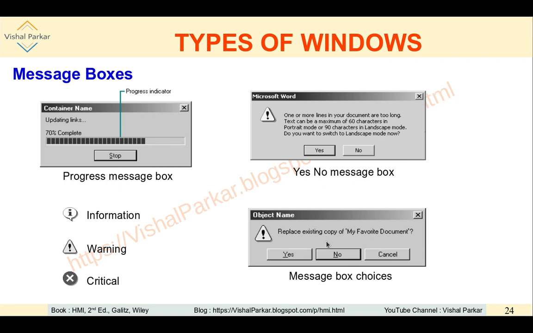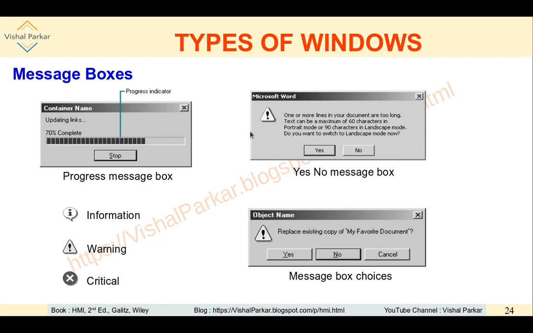So that may be one erroneous action which should not be performed inadvertently, and that's why here not yes but no is the action which is made the default one. So it is a non-destructive action. Simply pressing enter may otherwise replace that existing copy of that document.